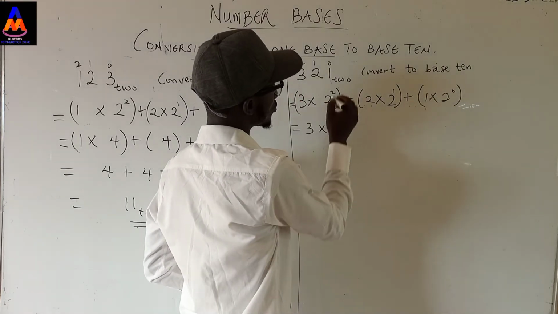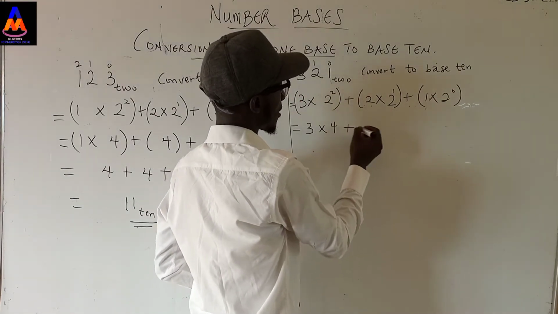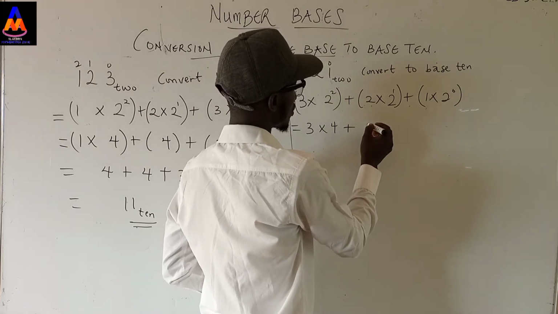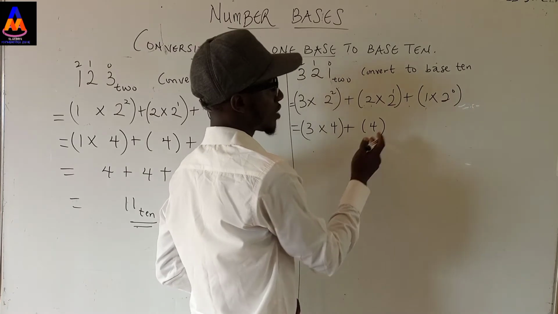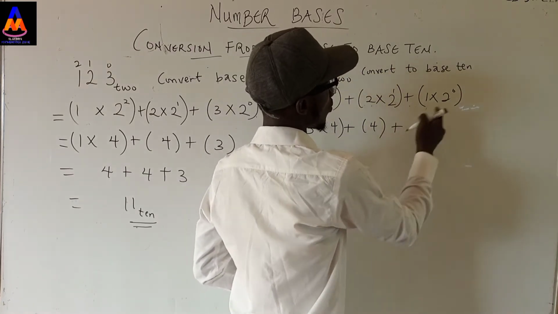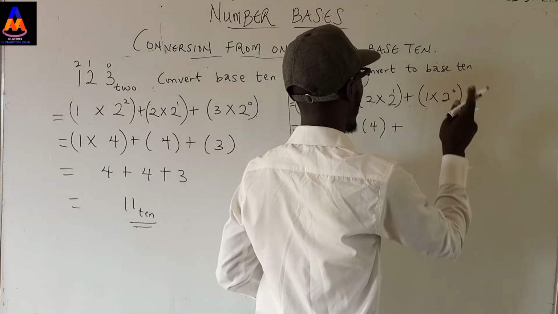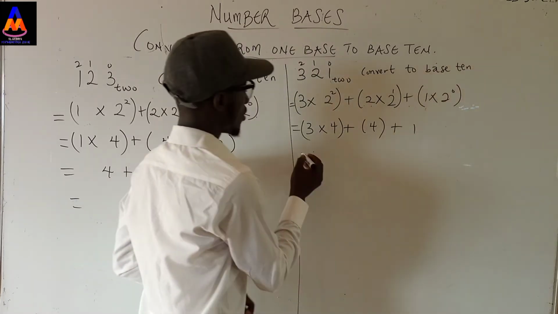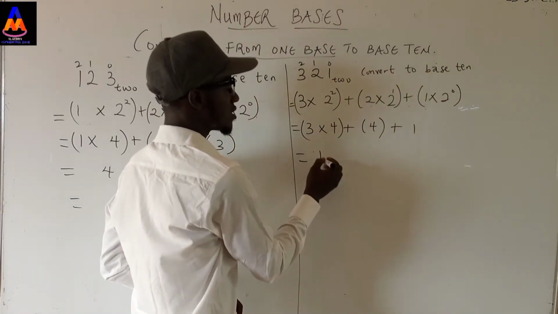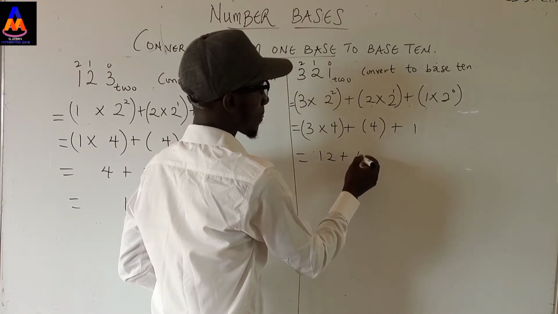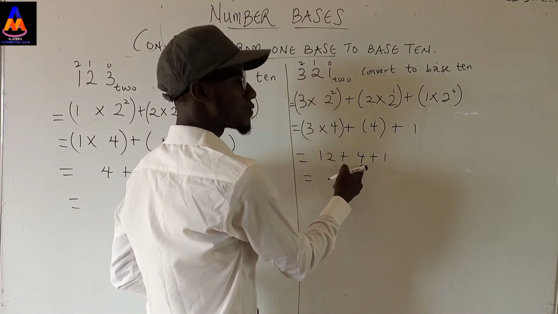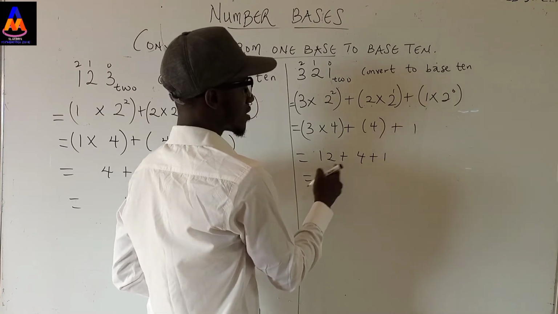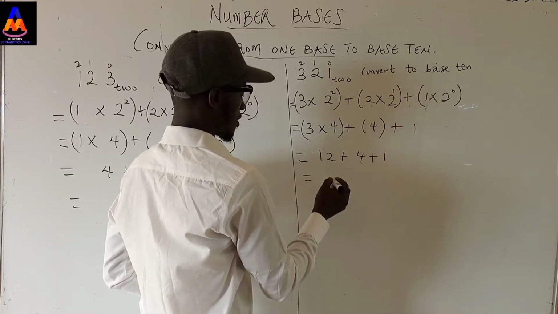3 times 2 raised to power 2 is 4, plus 2 times 2, which we can still bracket to avoid confusion, plus 1 times 2 raised to power 0 is 1, according to the law of indices. Then we have 4 times 3 is 12, plus 4, plus 1. And this is 12, plus 4, plus 1. This is 16, and this is what? 17,